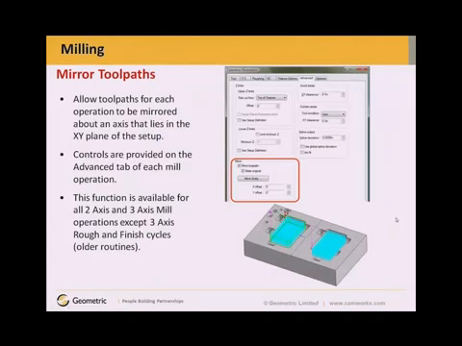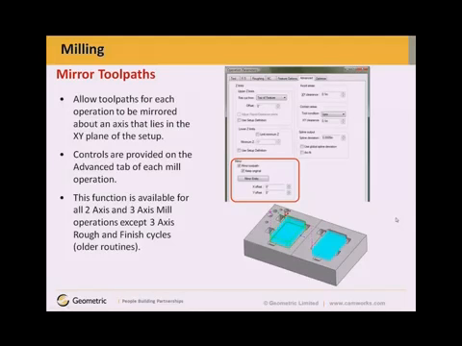Mirror toolpaths. This new command will mirror the toolpaths within an operation. The mirror command works in a similar manner as the mirror command works in SOLIDWORKS sketches. In this mirror command, the mirror entities can be selected as a line, or as an axis, or as a 2D mirror. So as you can see in the image, the mirror command has been provided in the Advanced tab